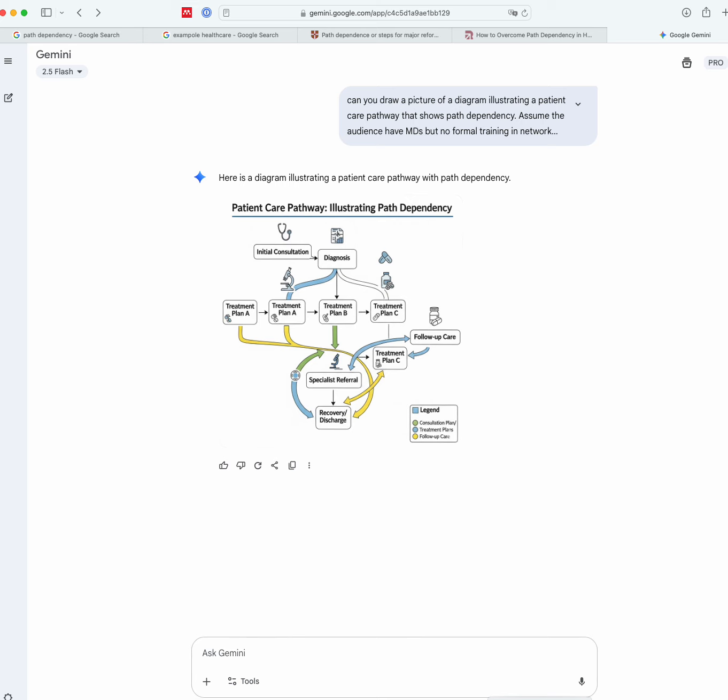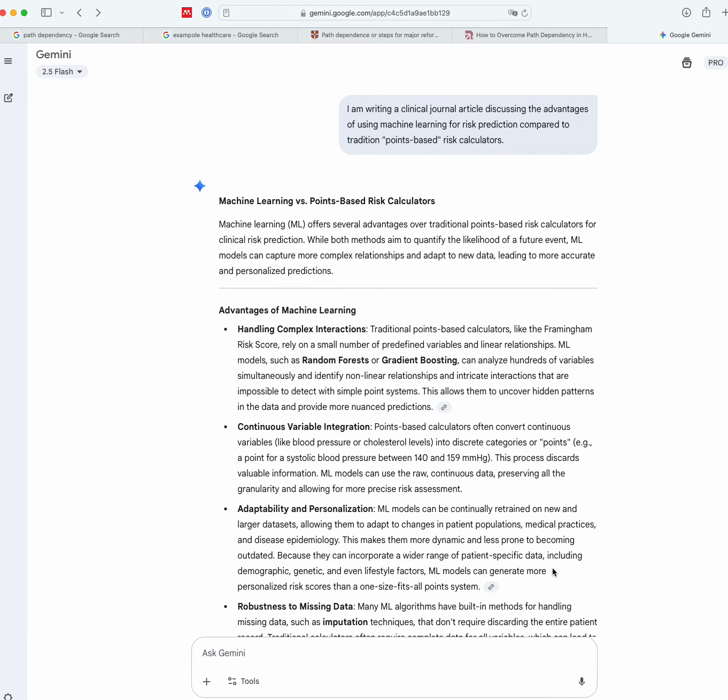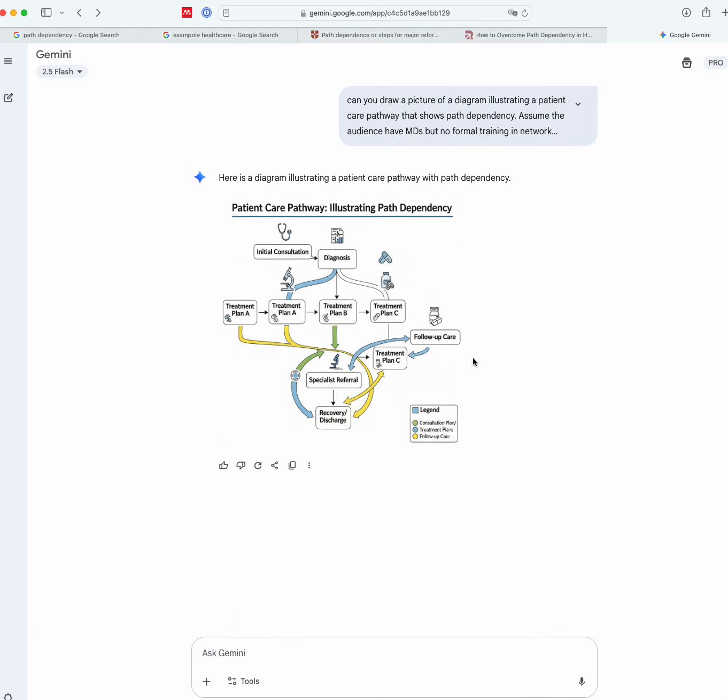So my boss wanted me to write this paper on uses of machine learning for peripheral arterial disease. One thing that I wanted to exemplify is that using machine learning, you can model path-dependent processes, not just like the logistic regression or whatever that's not path-dependent. So I prompted Gemini, starting at a high level and drilling down, so I'm not giving it a one-page long prompt, and then it spits out this figure.